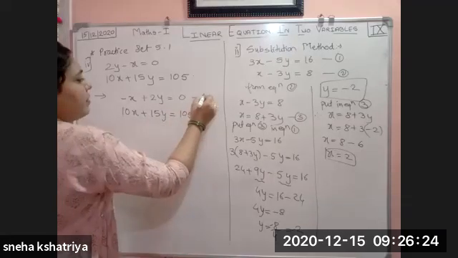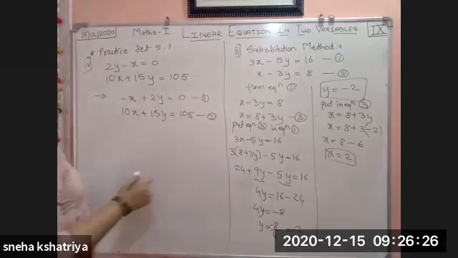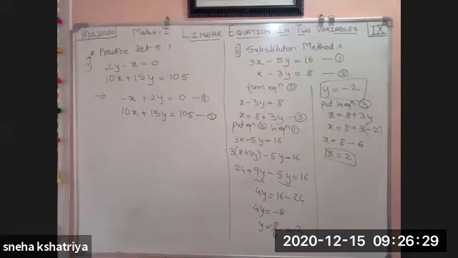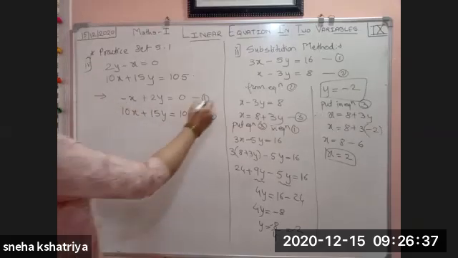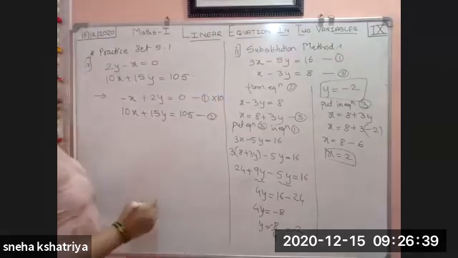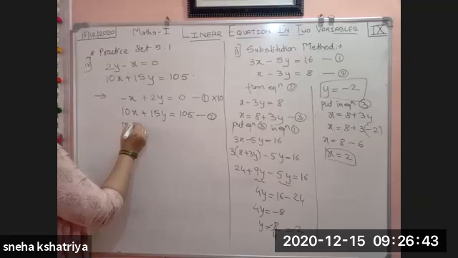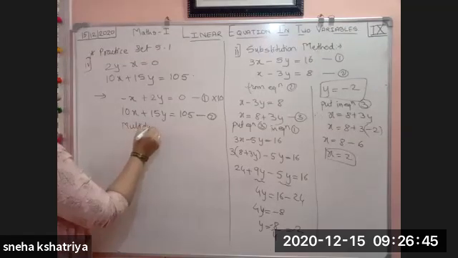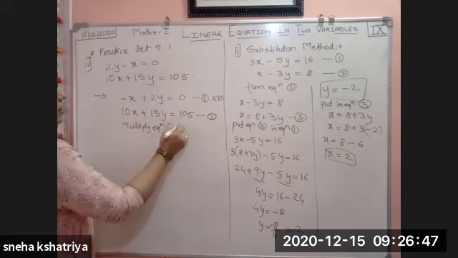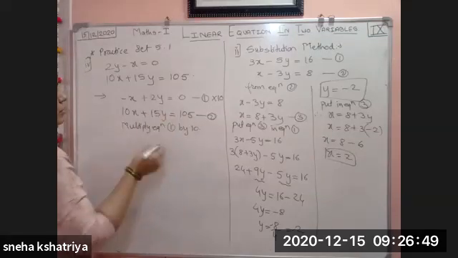Now this is your equation number 1. This is now equation number 2. Again see here, x, x, y, y. Here is 2, here is 15, leave it. Here is 1, here is 10. So this will become easy. Multiply equation 1 by 10. So simply we multiply equation 1 by 10. So what do we get?